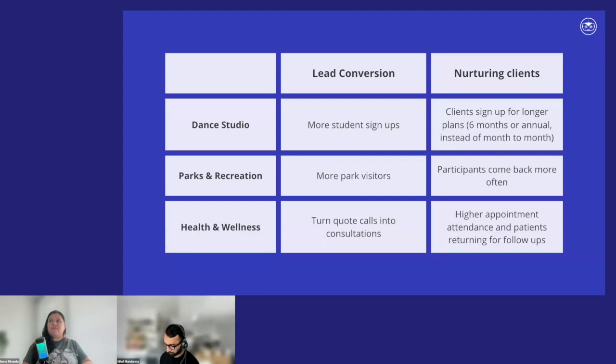Yeah, and health and wellness was one of the first that I thought of when you mentioned that email is not just a newsletter and not just sharing updates about the brand on a bigger level. It's talking about the relationship that person has with your brand, with your business. So for health and wellness, when I think about this, it's okay, yeah, let's get them to book the appointment, but then afterwards, do you need a refill on your prescription? How was the experience with your healthcare provider? Following up, like for dental.